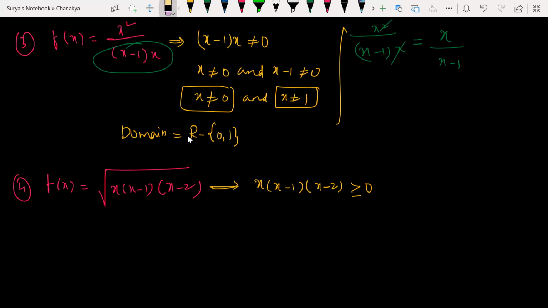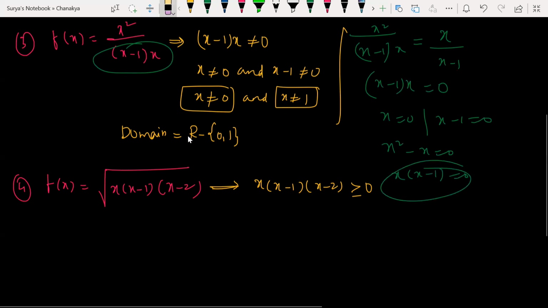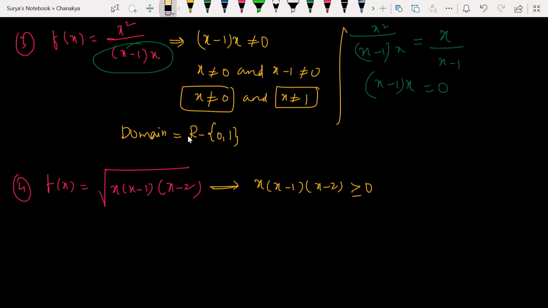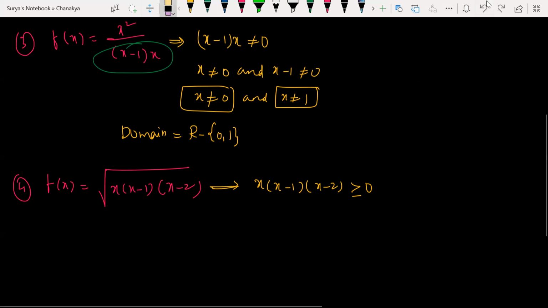Basically, guys, you tell me, how do you simplify this? If I have an equation x minus 1 into x is equal to 0, how do you simplify this? x square minus 1 is equal to 0? Yes or no? Or else you simply look at this: x is equal to 0 and x minus 1 is equal to 0. This is how you simplify, isn't it? Yes, sir. Now, if I simplify x square minus x is equal to 0, again x is common, again I'm getting the same thing. So don't cancel. Whatever denominator you have, let it be as it is. Don't cancel numerator and denominator like this. If you cancel, your answer will definitely be wrong.